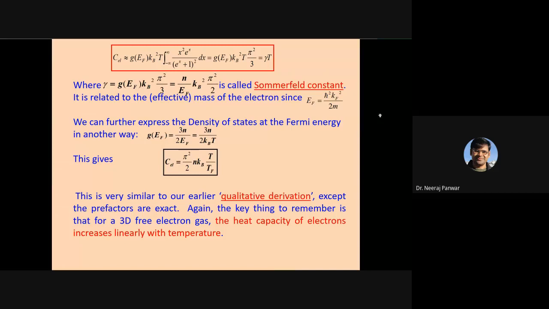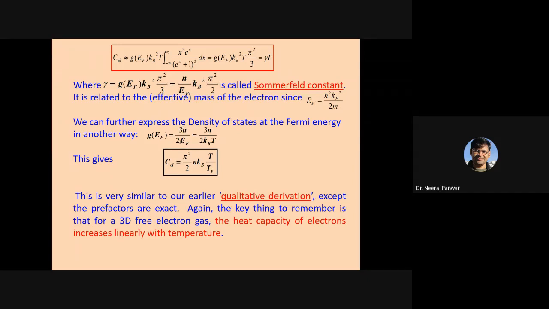We can have this Sommerfeld constant that is proportional to the effective mass of the electron. And this concept of effective mass is very, very important. We will see shortly how it is important. So we can write the expression for electronic specific heat equal to pi square by 2 when we substitute 3